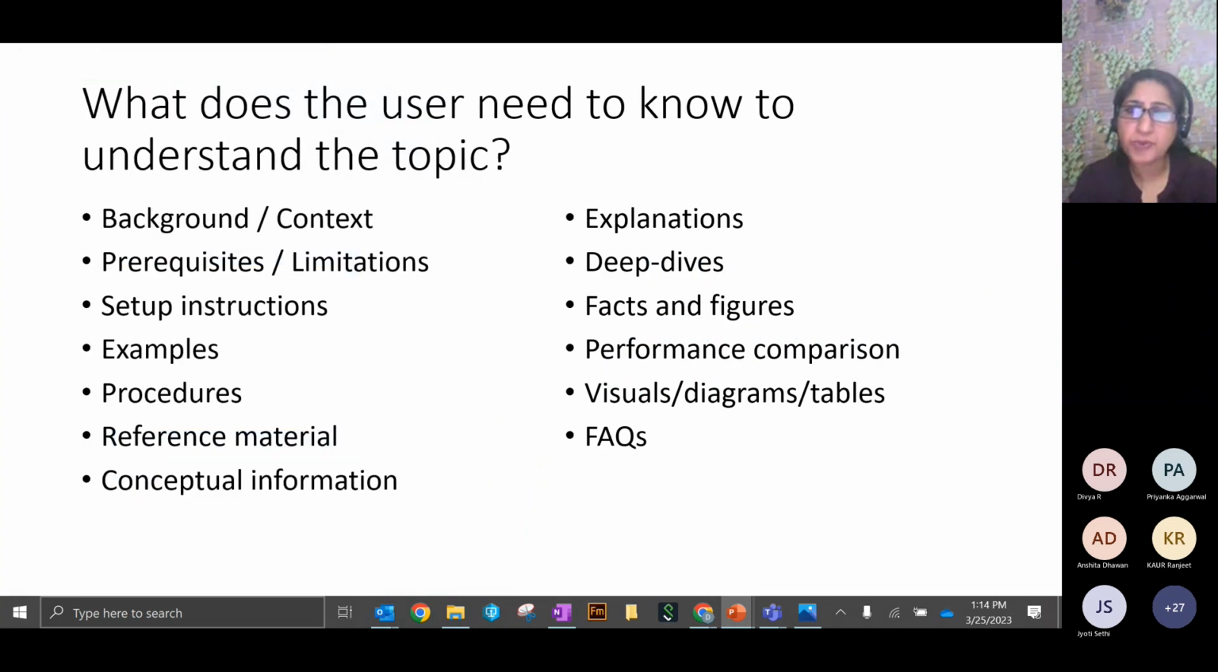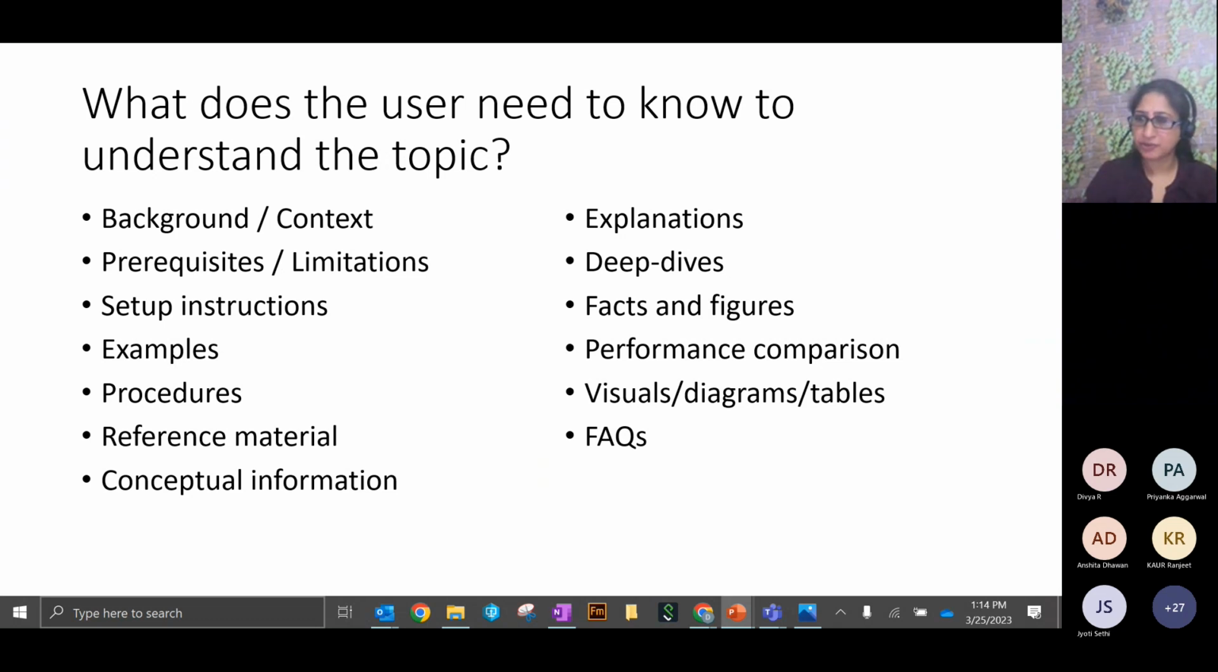What does the user need to know to understand the topic? Does he need to be given a context or a background? Does he need to know some prerequisites or some limitations? Does he need to set up instructions, source examples, write down detailed procedures, have some reference material ready,